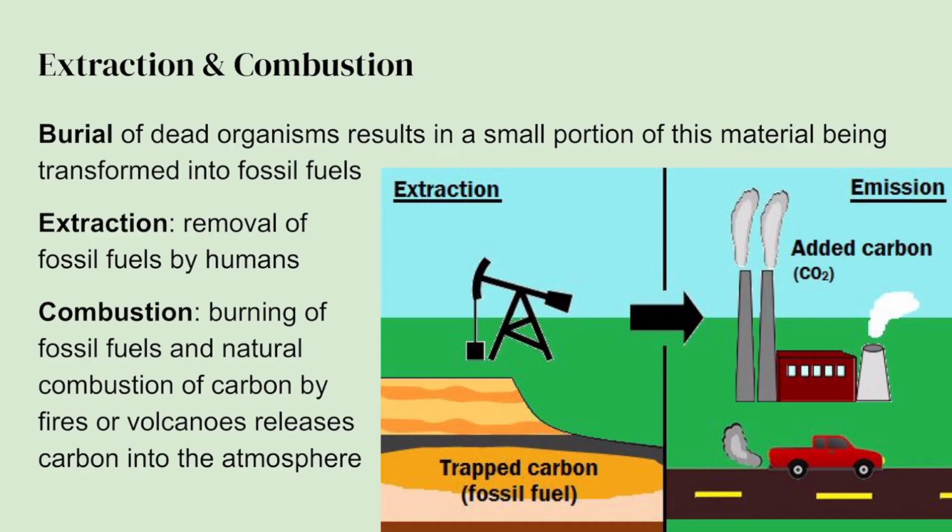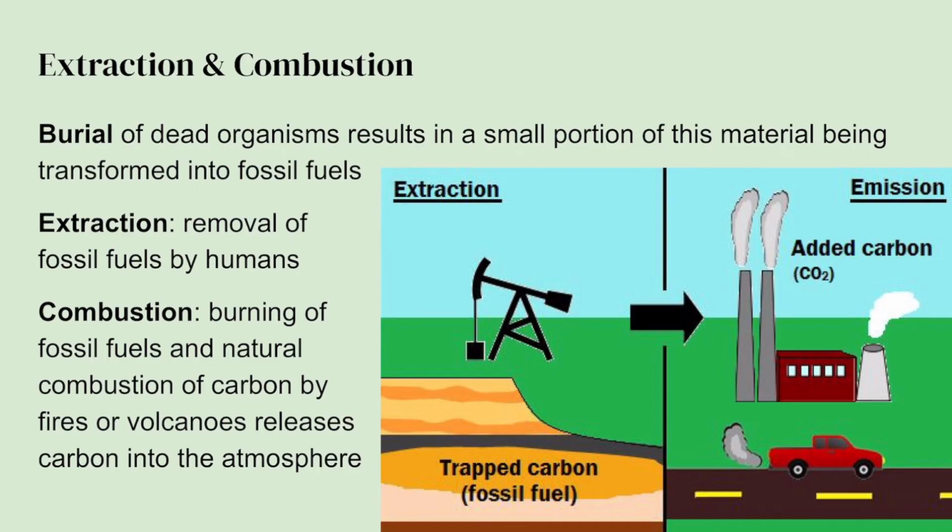And then those fossil fuels are combusted. So combustion is burning fossil fuels. And also we get combustion of carbon just by natural sources, by fires and volcanoes. These all release carbon into the atmosphere. So the combustion of fossil fuels by humans has artificially accelerated the input of carbon into the atmosphere. So with no humans, we wouldn't be doing extraction. We would have way less combustion of fossil fuels. But since we are here, since we are doing this, this has artificially increased the amount of carbon dioxide in